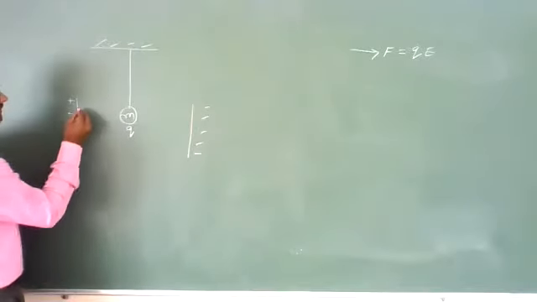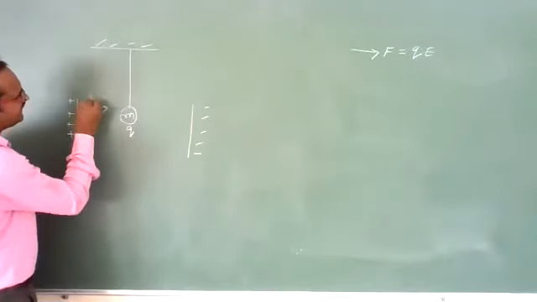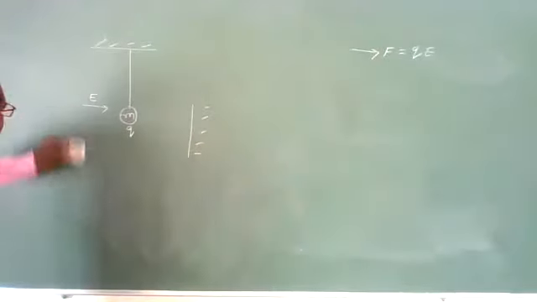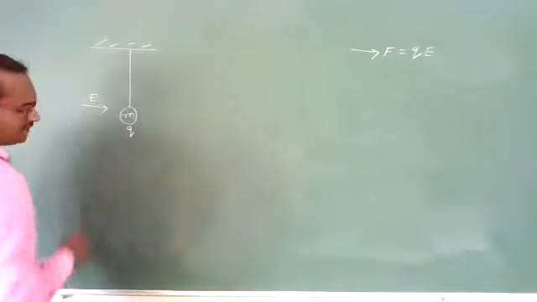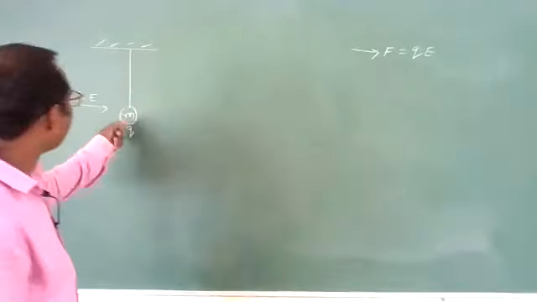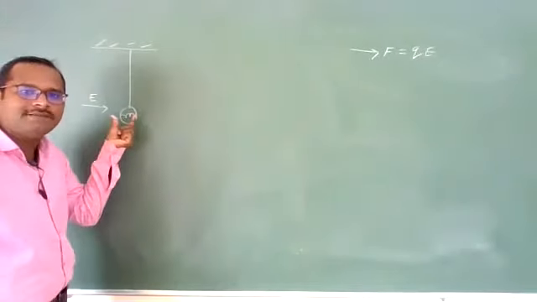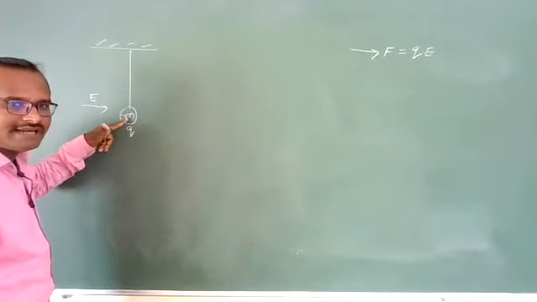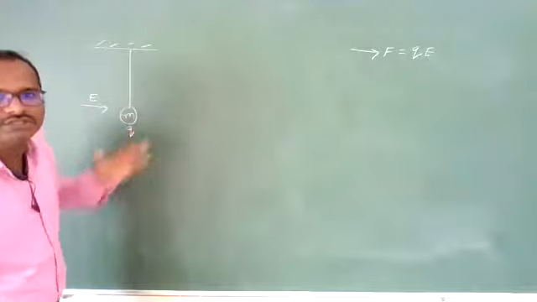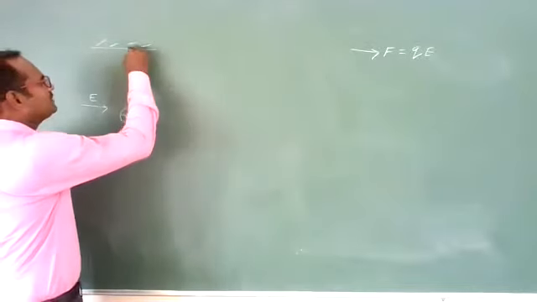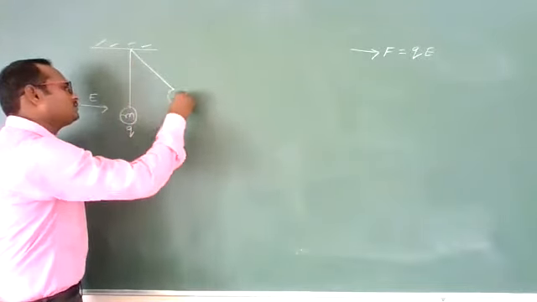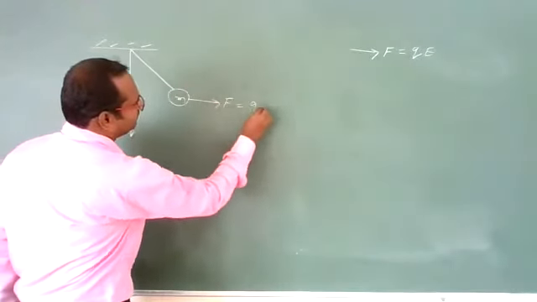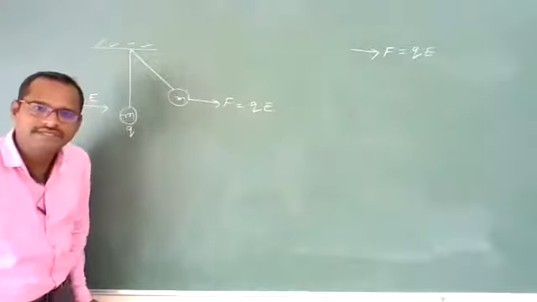Now, due to that, what happened? One electric field will be generated in this direction. So one electric field is produced in this direction. Then what happened to this ball? This ball of mass m will be acted upon by some force in this direction. So this spherical ball will rise to some height. In this direction, force will act. That is QE.